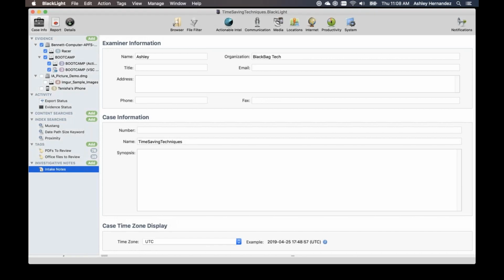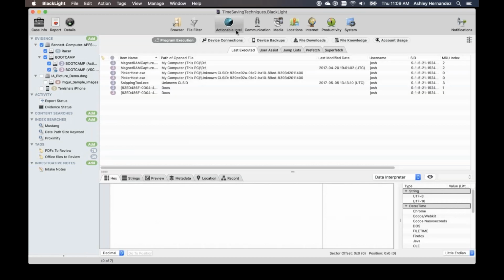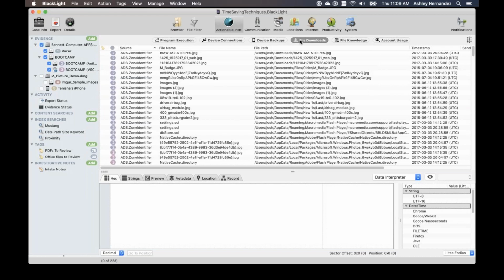So if we're in Blacklight, we could do that at the processing options. There's also some quick places that we could look at if we're interested in starting off in a specific part. So actionable intel, I know that the particular one that we looked at had some info about wanting to start in the registry. That might be one place that you want. If you're looking at a security incident, you might look at things like file downloads. Knowing where to go when you start is a great way to know what you'd like to do.